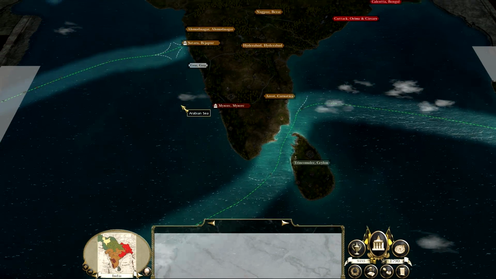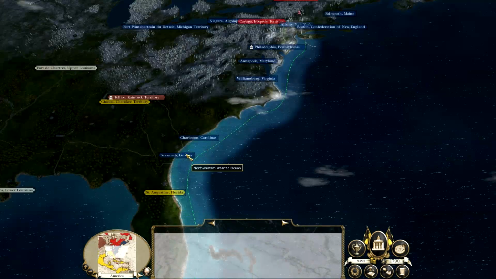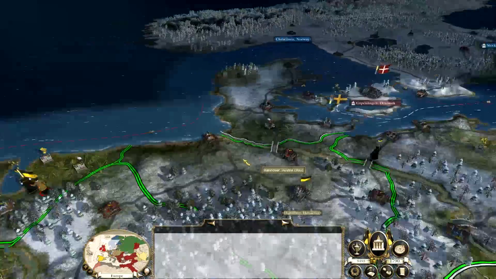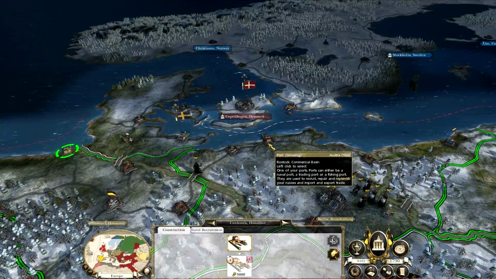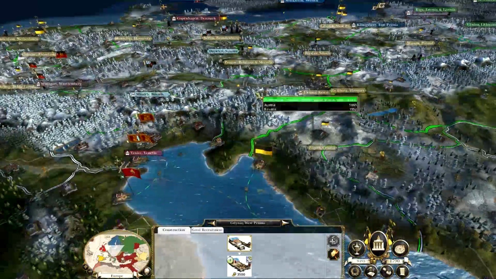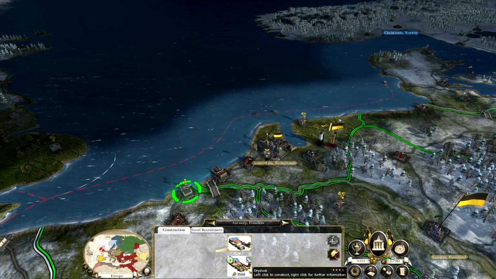So, Ceylon is still rebel. The Maratha Confederacy looks like they're pushing upon the Mughal Empire. And how about in the Americas? Still untaken. So this is a commercial port. Commercial. Dry dock. Commercial. But the port in